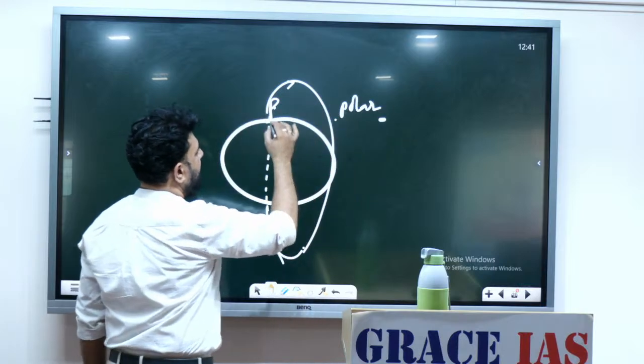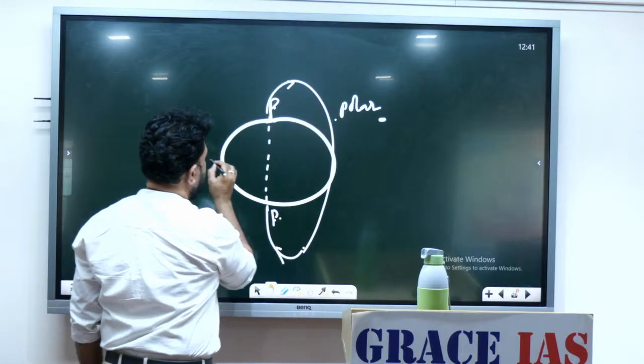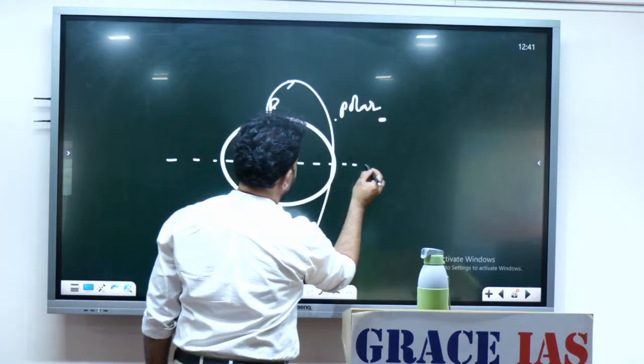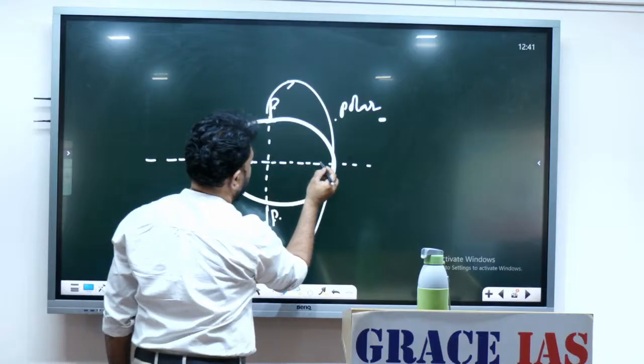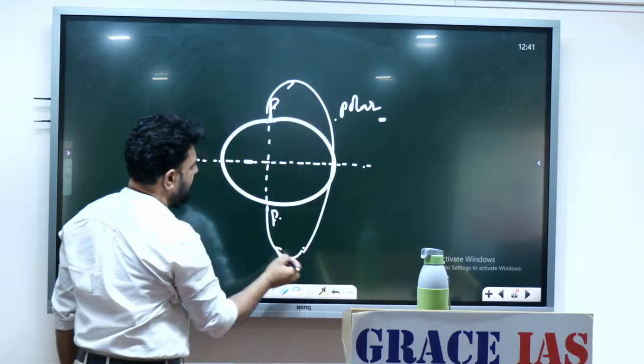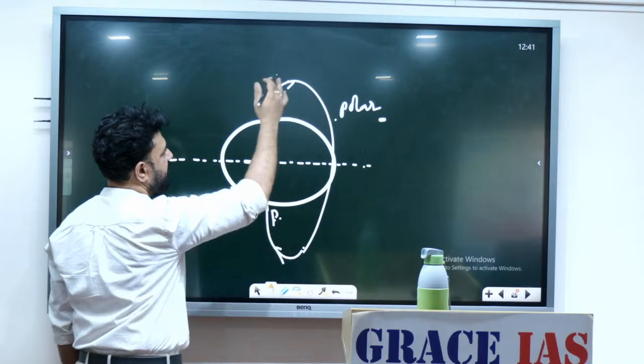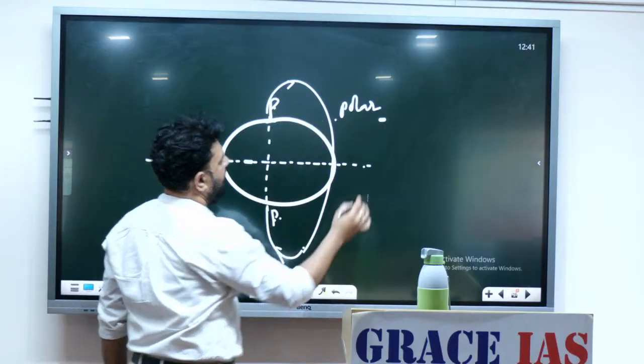Yes, polar. And the poles around a horizontal axis. It moves around a horizontal axis, that is vertical movement, pole to pole, polar orbit,